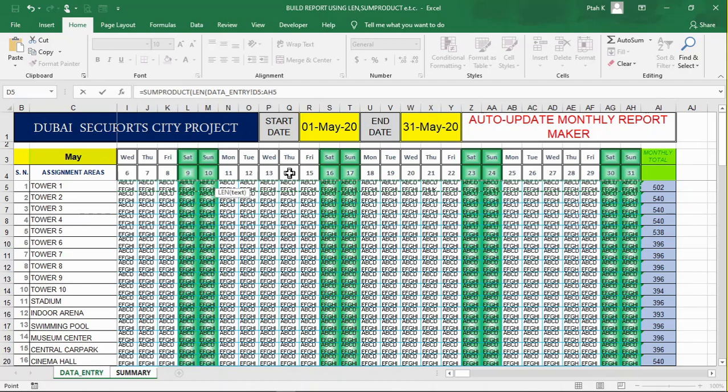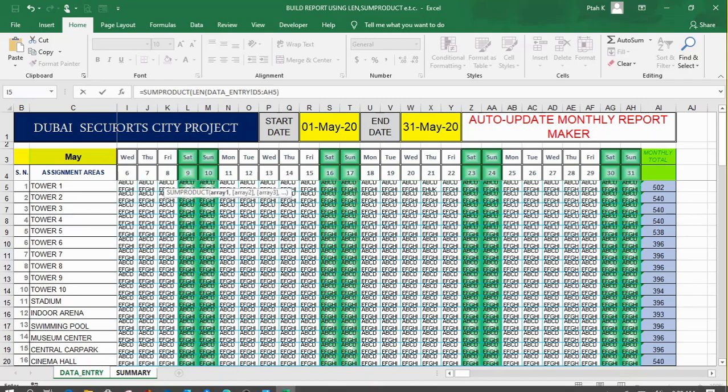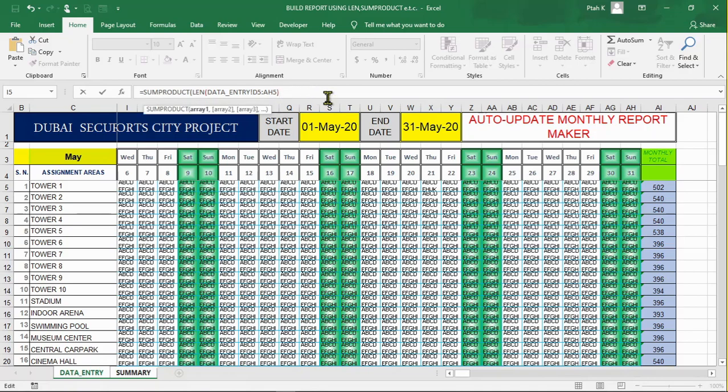Then as we do that, we close the bracket, and we say minus LEN, again open the bracket, SUBSTITUTE,